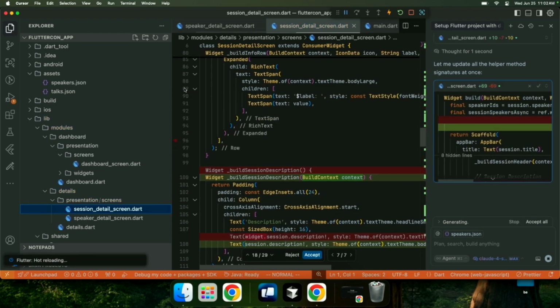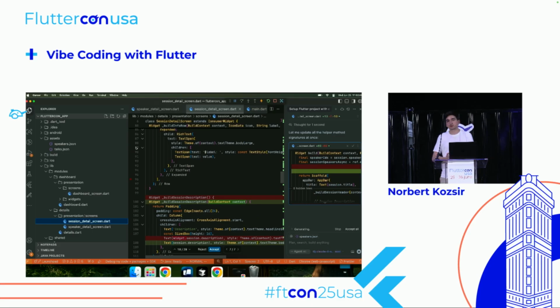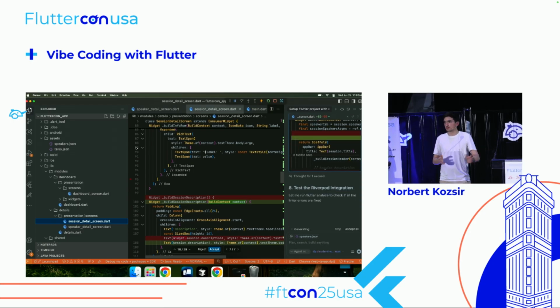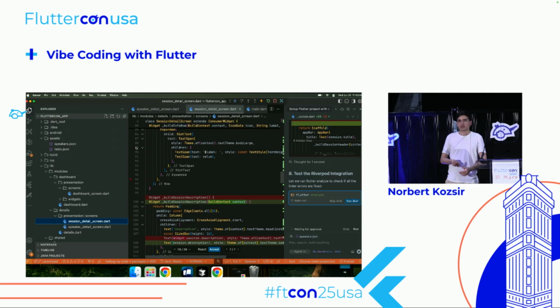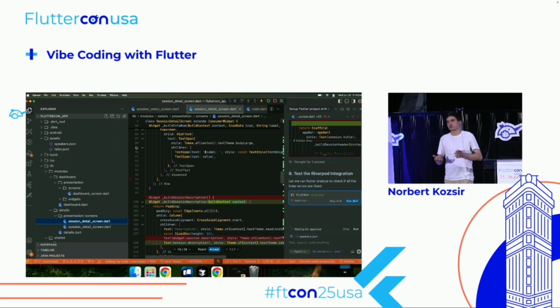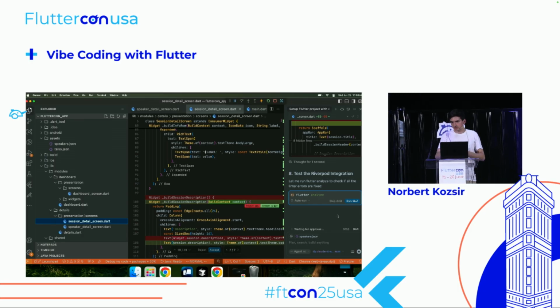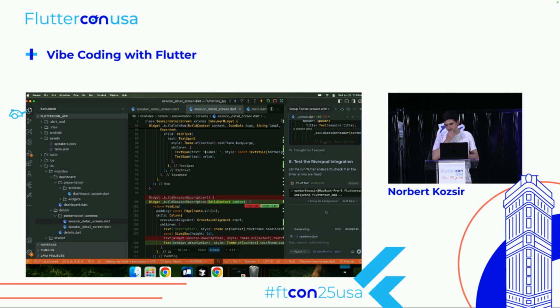So one of the big questions that you have to really ask yourself as a developer is, what do you actually do while the AI is doing all the work? There's a couple of things you can do. Like drinking some coffee is always good. You just have to be careful not to drink too much coffee because you have so much time while the AI is doing stuff. I noticed Flutter Analyze is not part of the